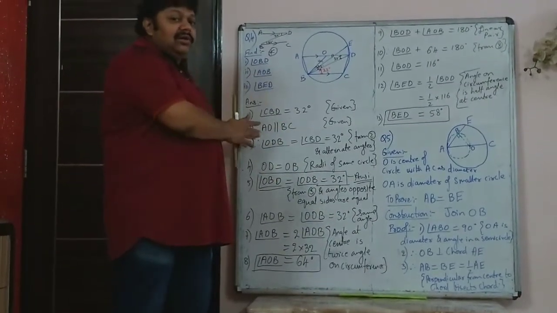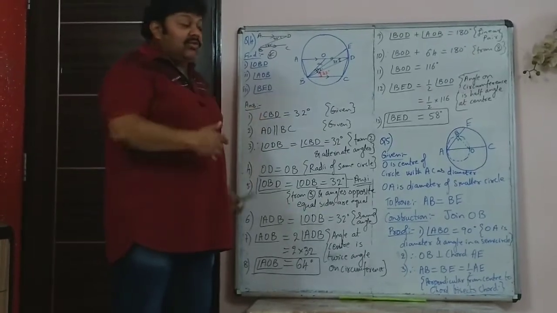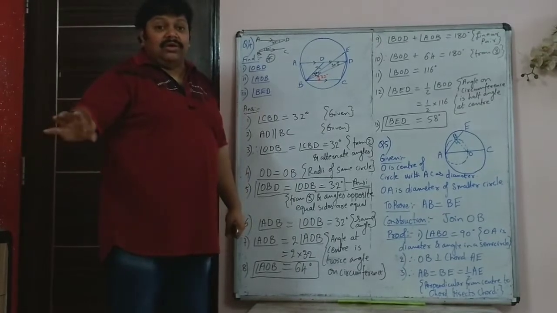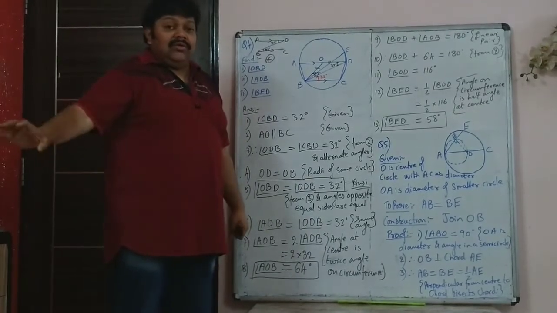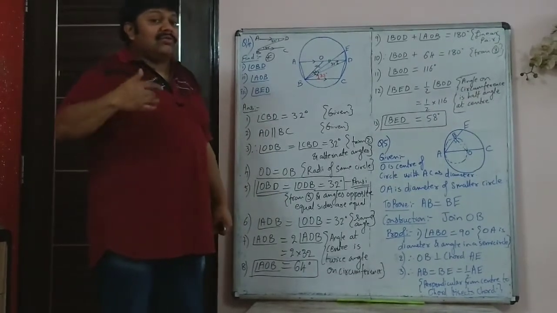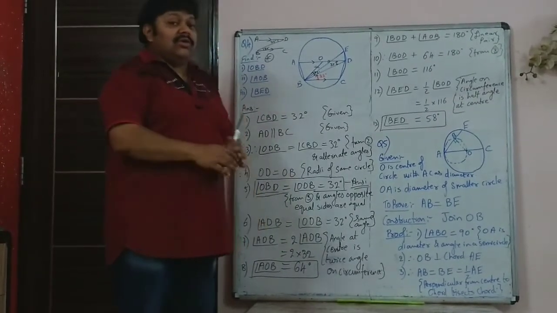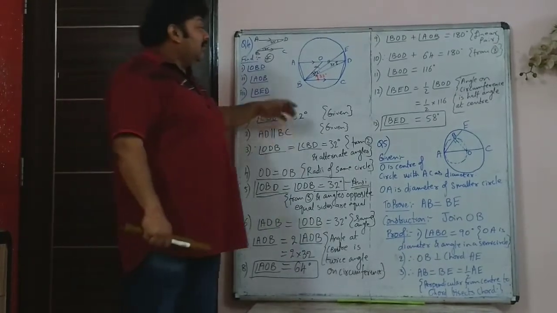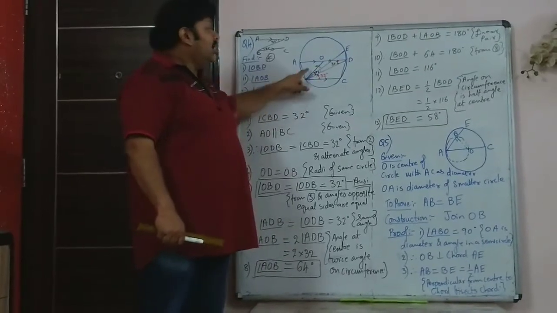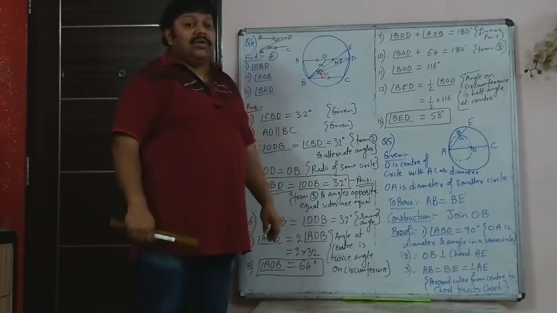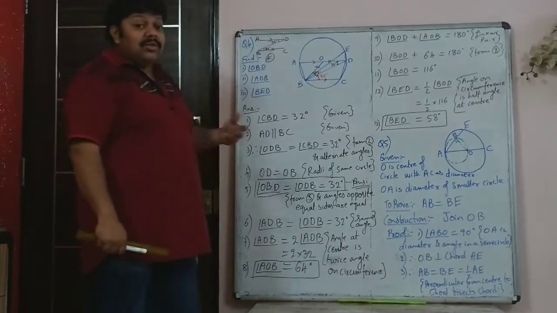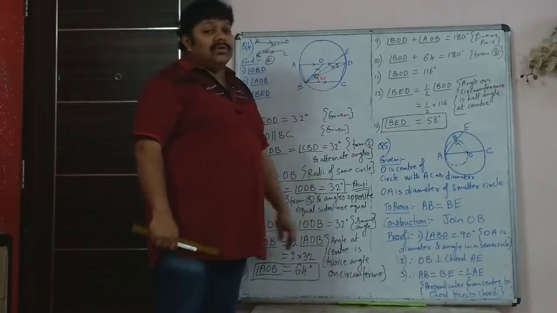You're just understanding it. So the second time when you try and do the same sum by only keeping the textbook in front of you and not actually copying the sum, you look at the question and try and solve it, that's when your brain starts working. And that's when you will understand that BED is the angle at the circumference and the corresponding angle at the center is BOD. So you need to revise these sums again a second time, a third time, so that you are perfect with it.